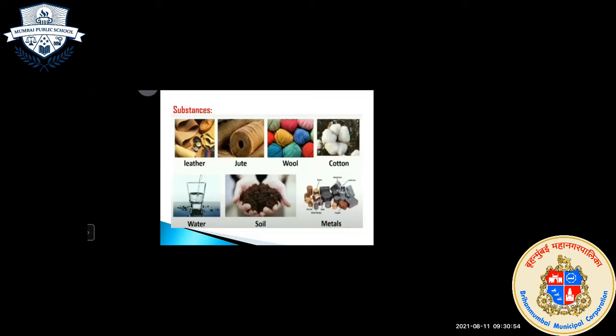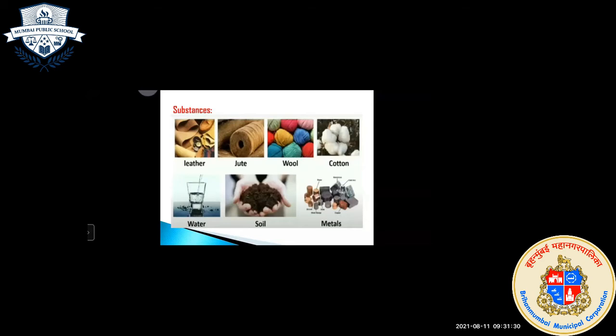So what are the natural substances? The substances which are available in nature directly. Those are natural substances. And man-made, I'll explain later what is man-made. But see the meaning, man-made, that is made by man. The substances which are made by man, that is man-made, and natural, naturally. So the first bifurcation is substances are classified as natural and man-made.